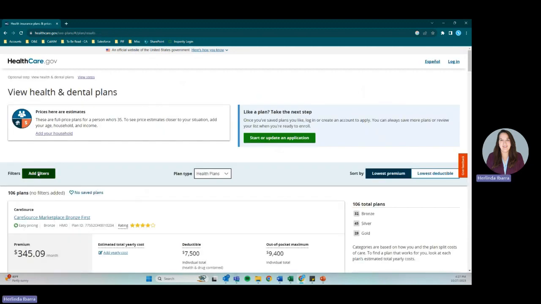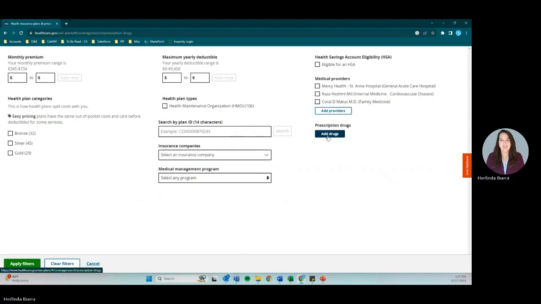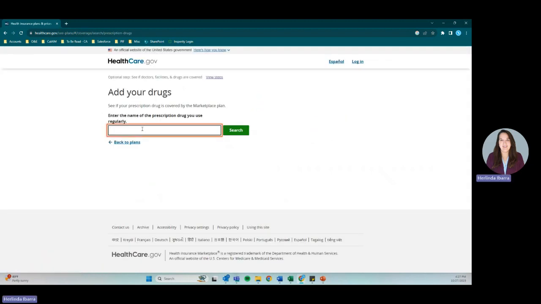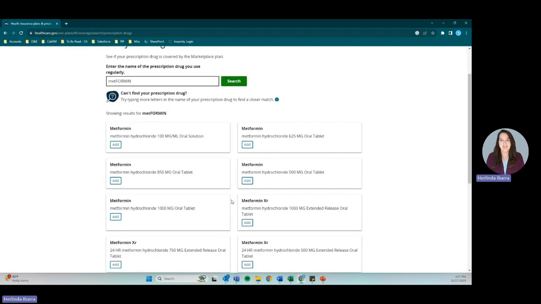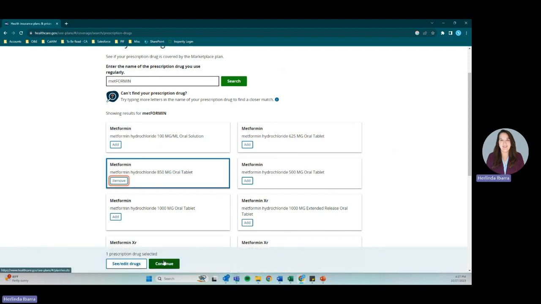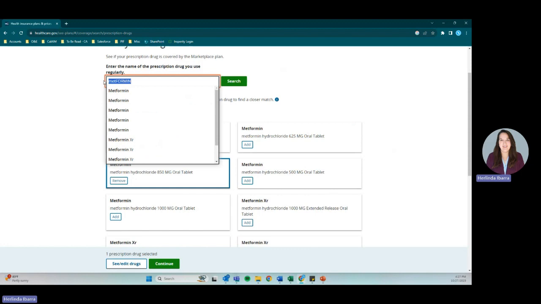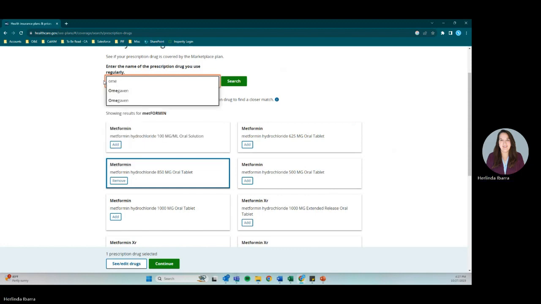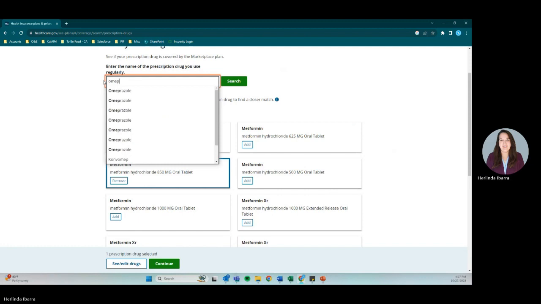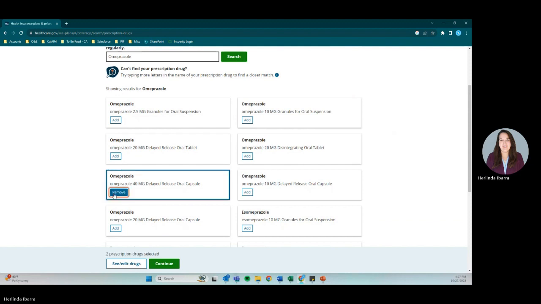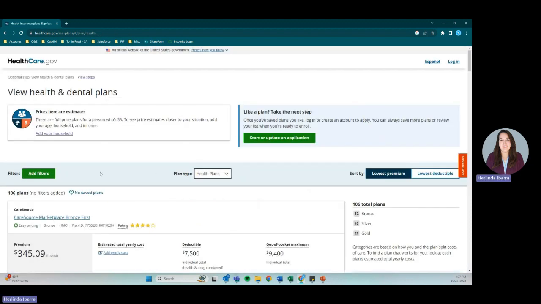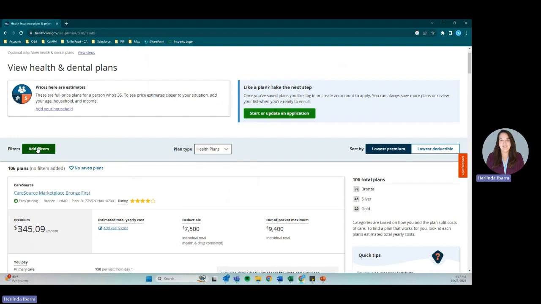We'll also want to come back and add those prescription drugs. We'll add in a couple of common ones, metformin. Oftentimes your client will have information on the dosing. Right now, we'll just pick one here and add in as well omeprazole. Continue. One last time, we'll come back into the filter